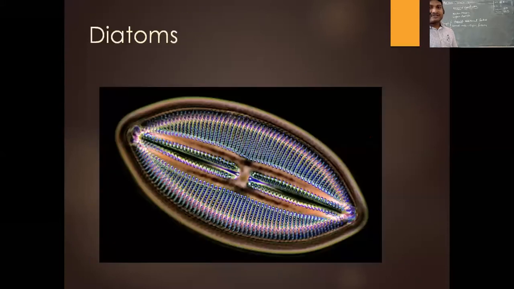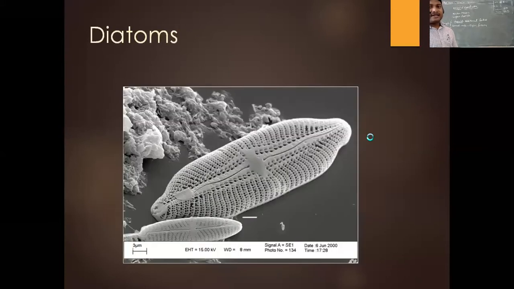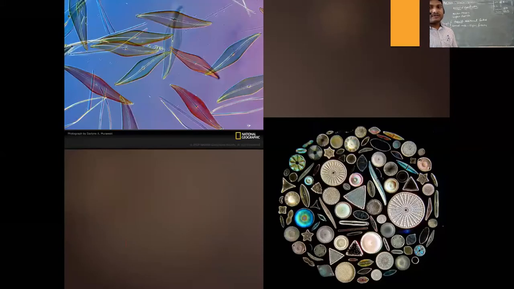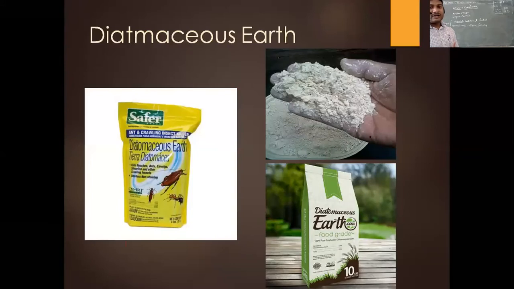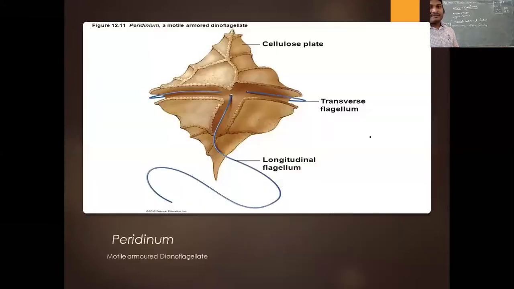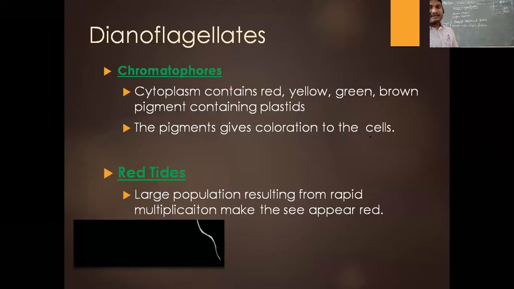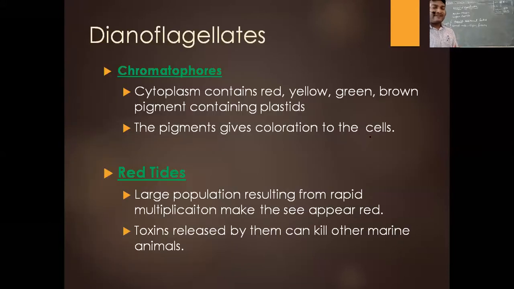Right, diatoms you remember, then diatomaceous earth we have talked about, right? This one, again, it is all Di. Then you have talked about dinoflagellates, right? There are two sets of flagella. Again, somebody was asking, sir, why two flagella? Very simple, the two flagella are going to help in locomotion. The primary role, that is locomotion.